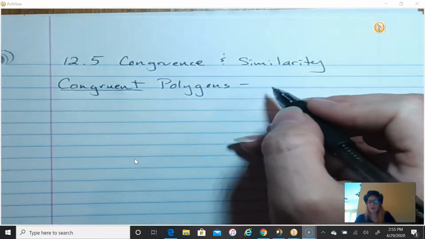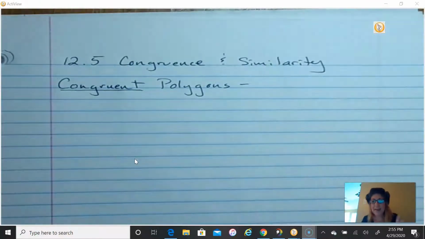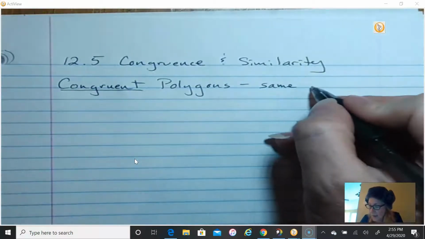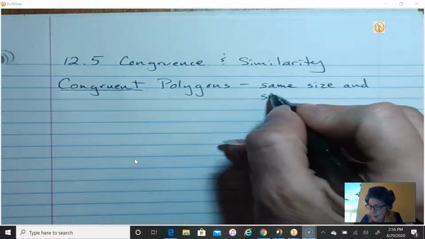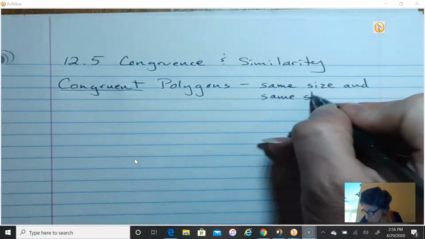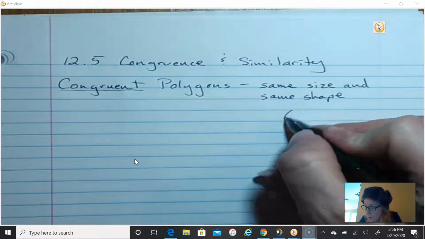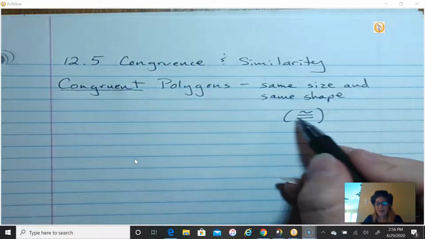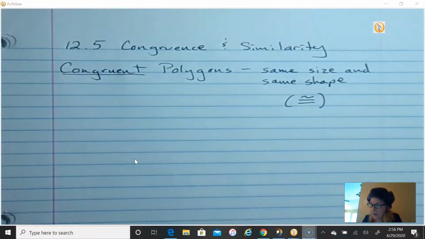Okay, congruent. You got to remember what congruent means. Congruent is the same. It's equal. They have the same size and same shape. They are the same. The symbol looks like this. Okay, that means congruent. Okay, for example,